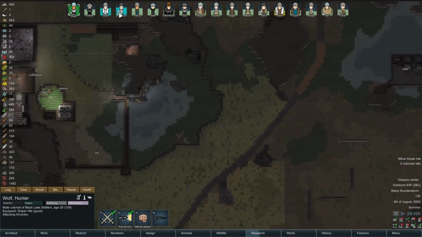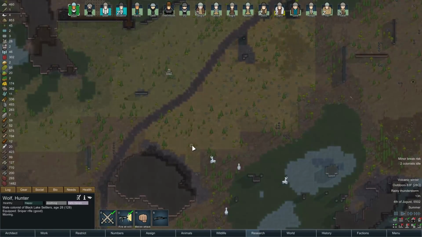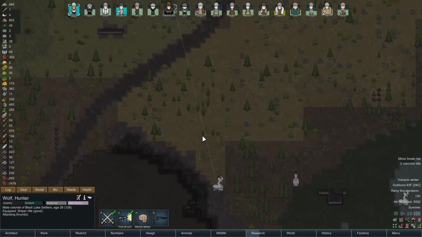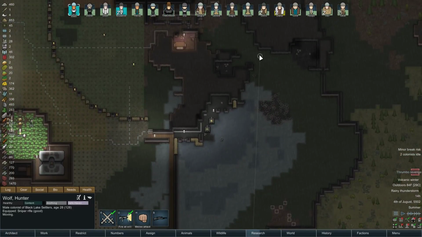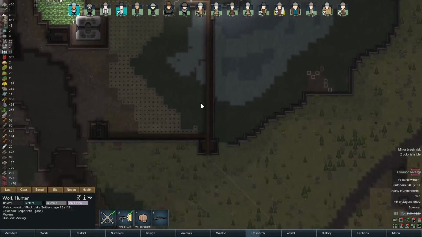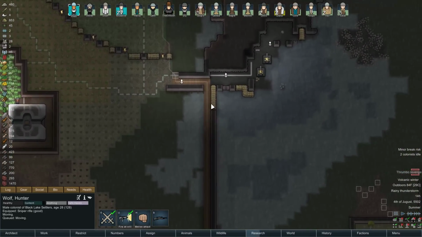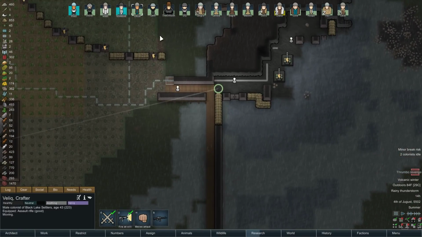What I will do is, once I piss them off, send people to the kill box to try to get as much of my manual shooting done as possible. Alright, I've definitely pissed them off. Wolf will head here. Deef. This is a very good way to level up shooting on...